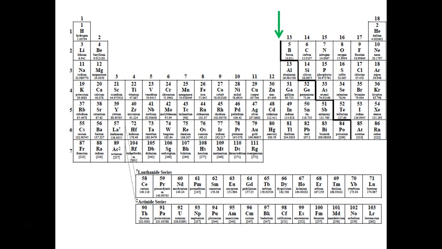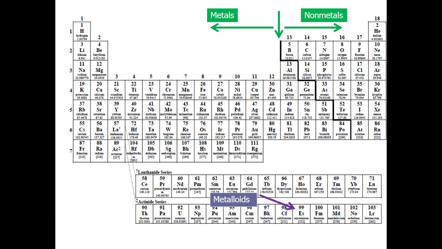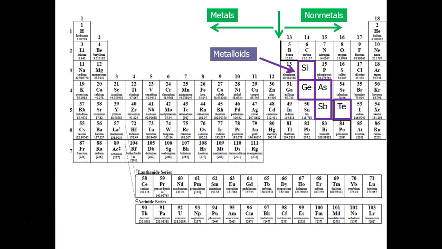This big black line here, what that does is it, generally speaking, separates the metals and the non-metals, although there are a few cases here where there are some elements that we call metalloids, which are sort of in the middle. But you need to know what things are metals and what things are non-metals. Generally speaking, that's one of the more fundamental classifications that we have in chemistry, so make sure you know where those lines are.